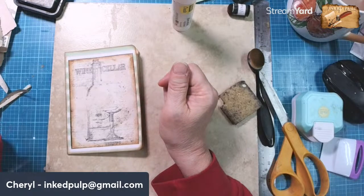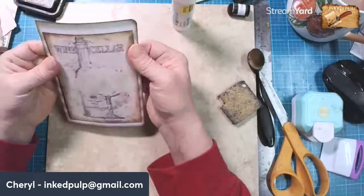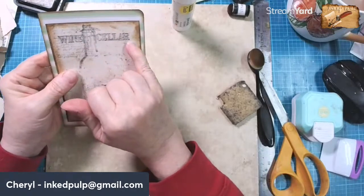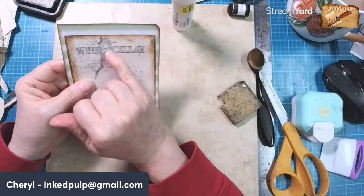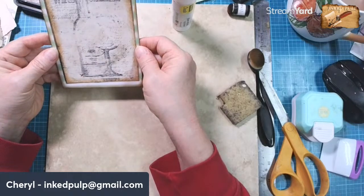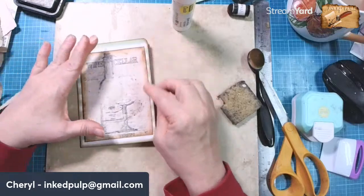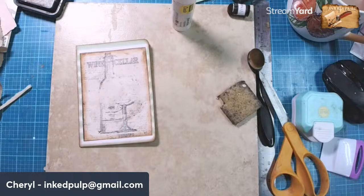Okay, I was thinking what I might do is take a colored pencil and color in, because this is a double print. I was thinking that maybe I could color in one and let the other one be a shadow. What do you guys think about that? And then we could put a flower going up here, because